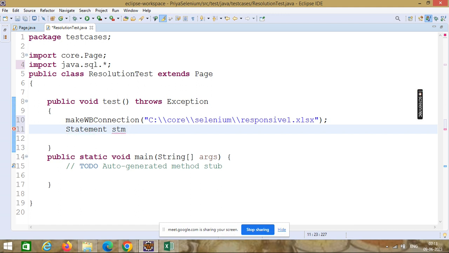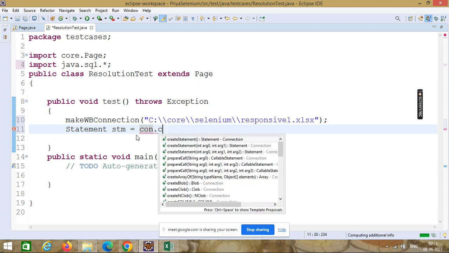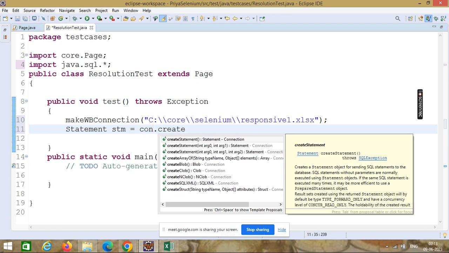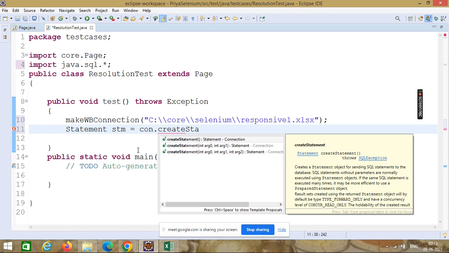All this code I am writing inside the Selenium program, which is again a Java program only. So you can use any Java syntax in your program. Statement stm is equal to con, which is again inherited, con dot create statement.